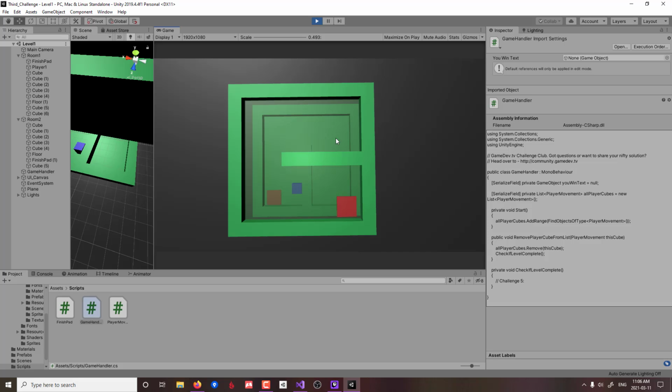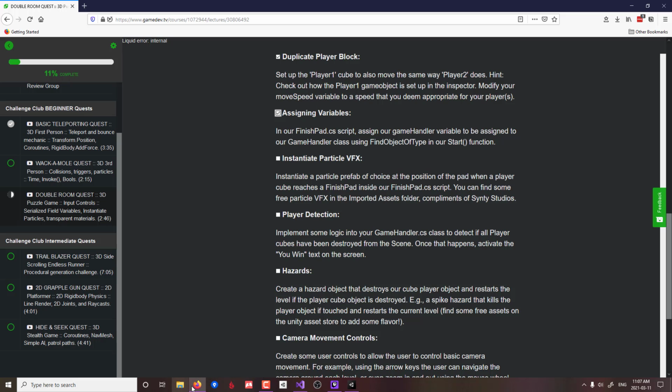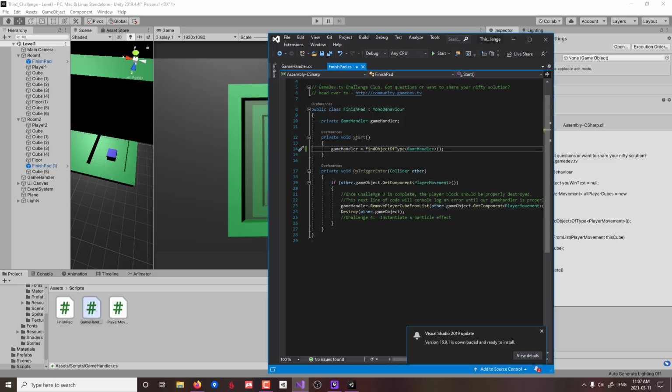Okay, so I see that the yellow block has been destroyed. Now, why am I not able to get the blue block? Oh, I see. Oh my goodness, silly me. I was trying to get it to the top level finish pad when of course it should have gone here. Okay, and yes, the 2 player blocks are being destroyed. I'm gonna just, whoops, I'm gonna get rid of that code then, the comment,